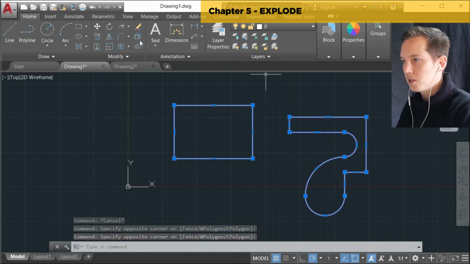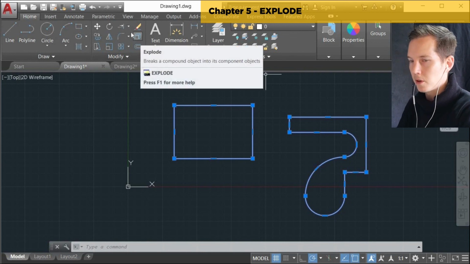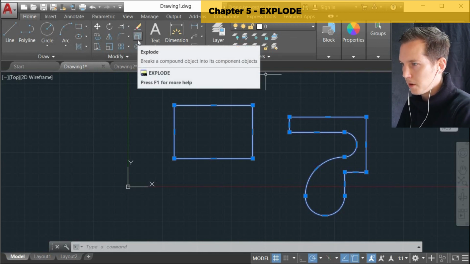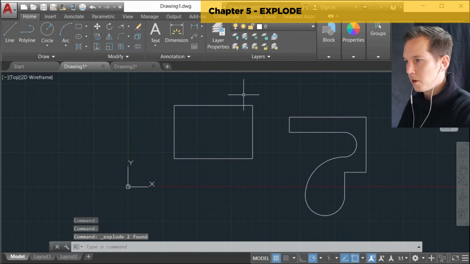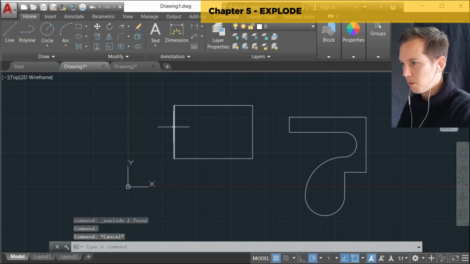Or I can use this little icon here. It looks like a little cube with all its sides exploding off it. Okay, I'm going to click that. There we go. So it actually exploded. It looked like nothing happened, but now if I go over it, you'll see it giving me the individual line